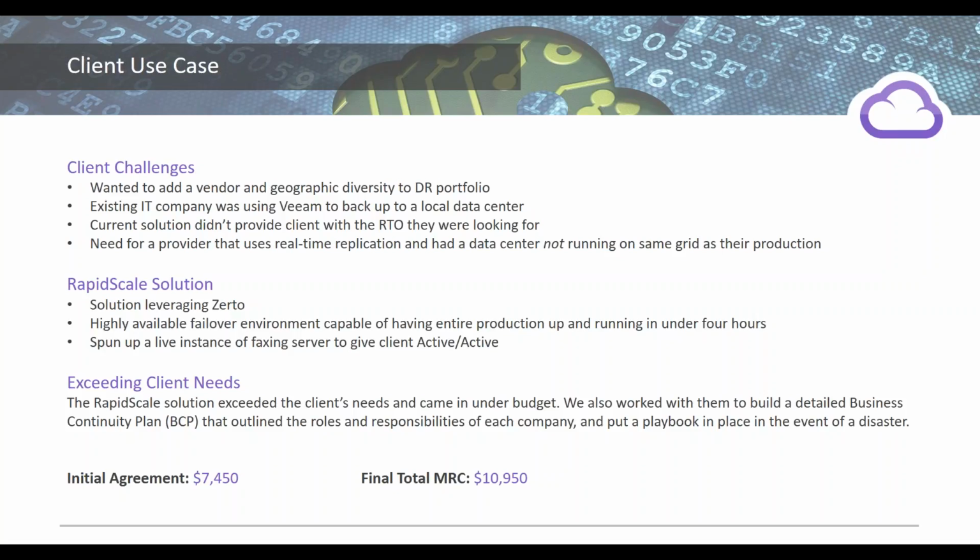In this customer example, they had a faxing server, right? So we were able to put a faxing virtual machine in, connect that up to SIP trunks for faxing, and basically their failover plan was to call their SIP provider to switch their DIDs over to the secondary SIP environment. So in that case, we're exceeding the client's needs. We came in under budget,